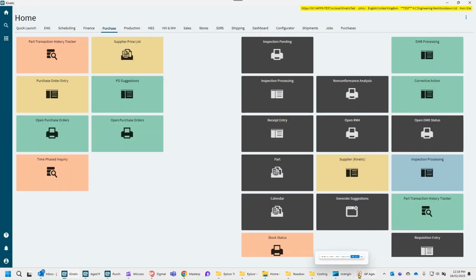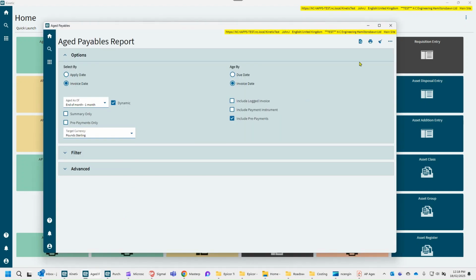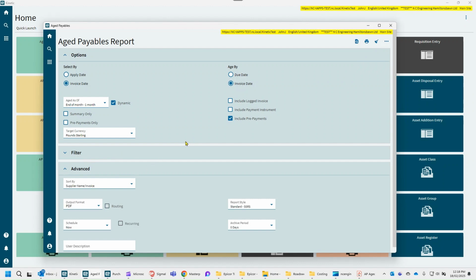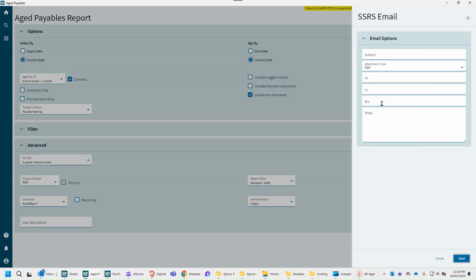Now, one final thing with all of these things, if I go back to the finance and go to aged payables, in here, if I click end of day Friday or twice a week, so let's say end of Friday. So that means coming in on a Monday morning. If I go send by email and put in Jonathan at MC hyphen,